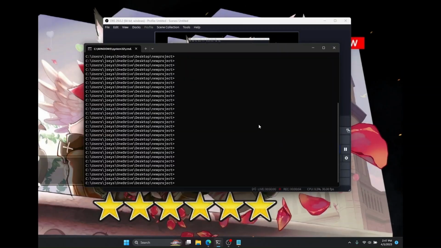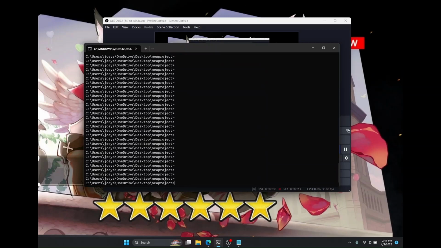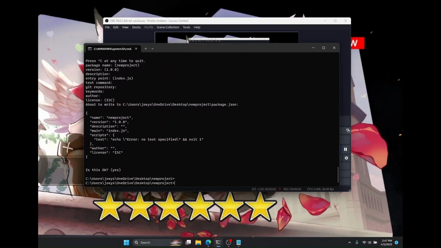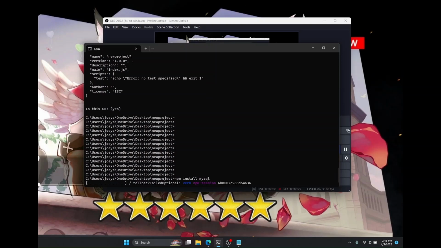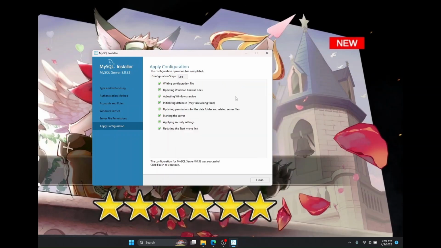Here I can double check that Docker is installed properly by just typing docker. All right, it's installed. Now we can start from the top and go npm init, yada yada, npm install mysql, finishing the MySQL installer,